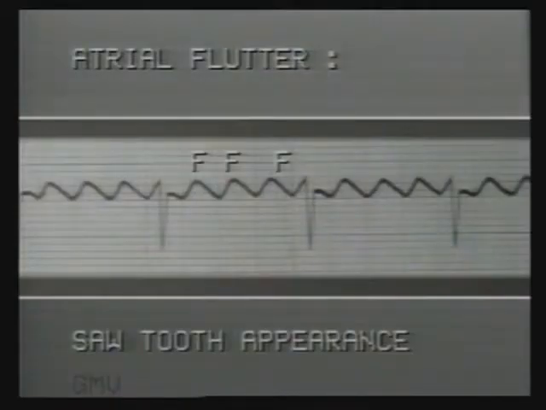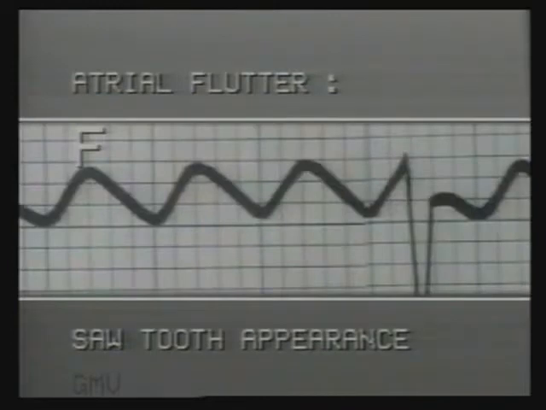In this ECG, the P waves are very large and rapid, and the rate is about 300 per minute. This condition is called atrial flutter. Here, the impulses travel in a circular course in the atria, giving rise to rapid, regular and undulating flutter waves. These are not P waves but flutter waves or F waves.